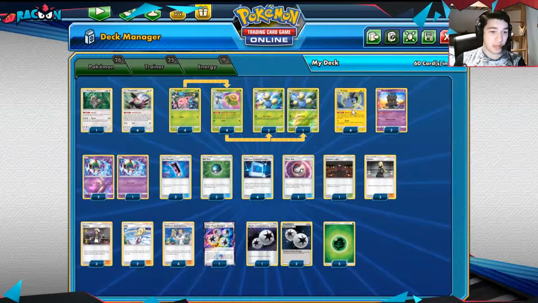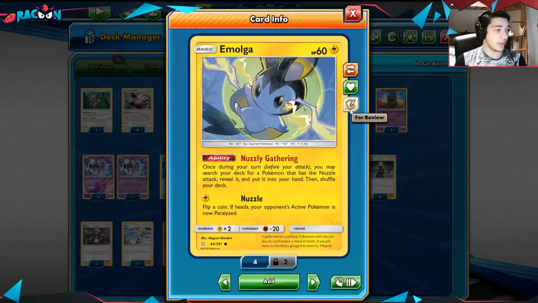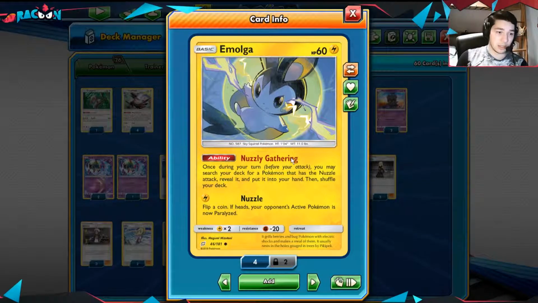I am on the bad end of that Let Loose. Now let's focus on the Emolga, because this is new. This and an item, which is the Pokemon Communication, are the new entries in this deck that were added after Team Up came out. Basically, what this Emolga is used for is to get more Pokemon into our bench. Because they all have the Nuzzle attack, the Nuzzle Gathering ability allows us